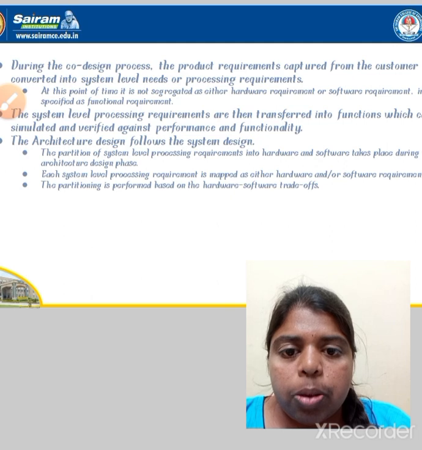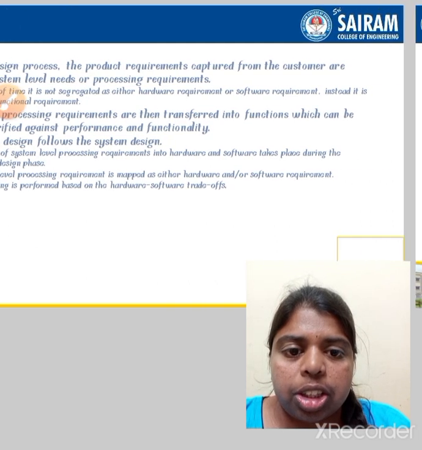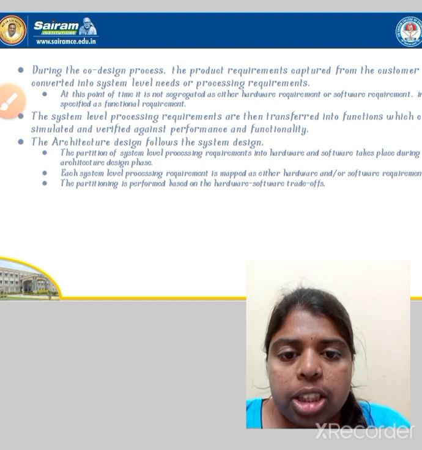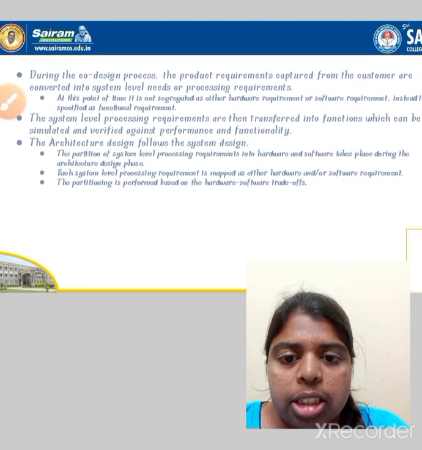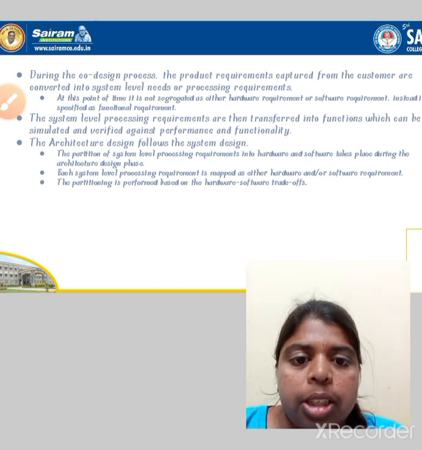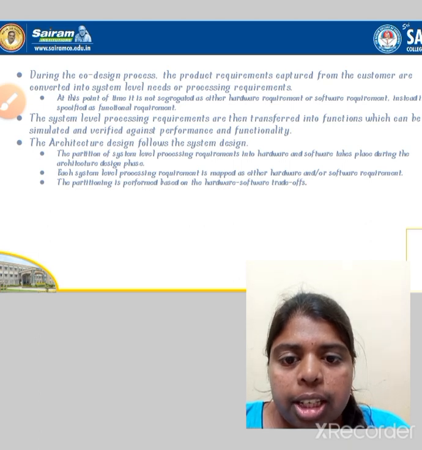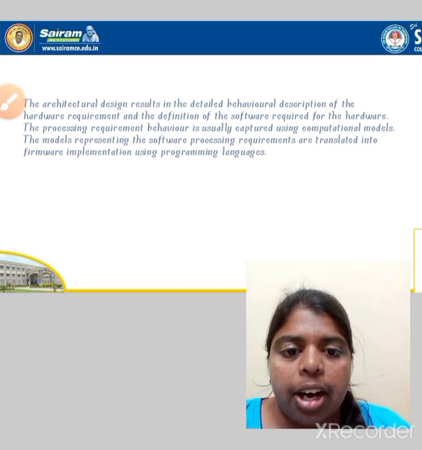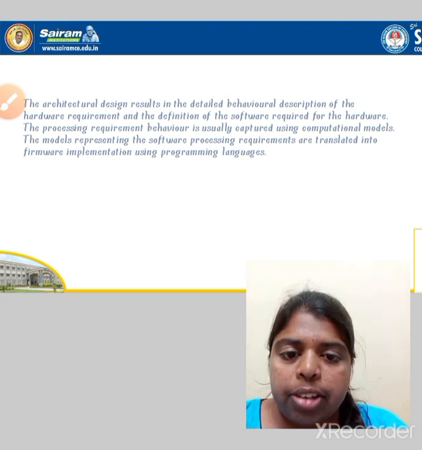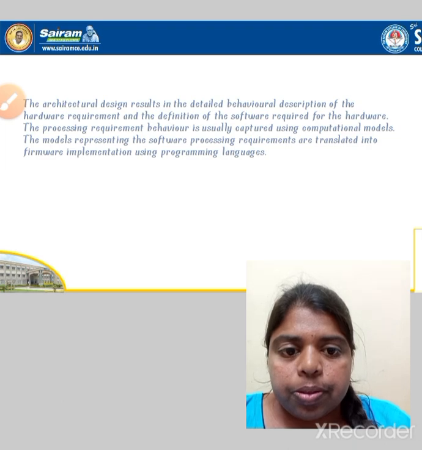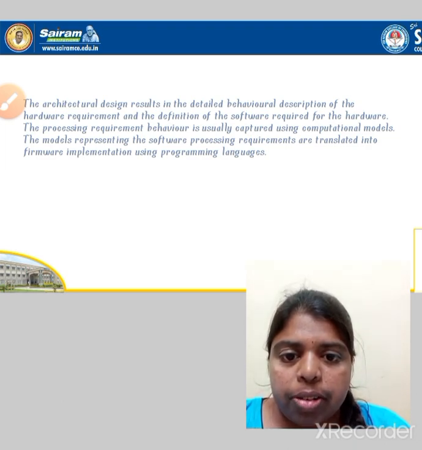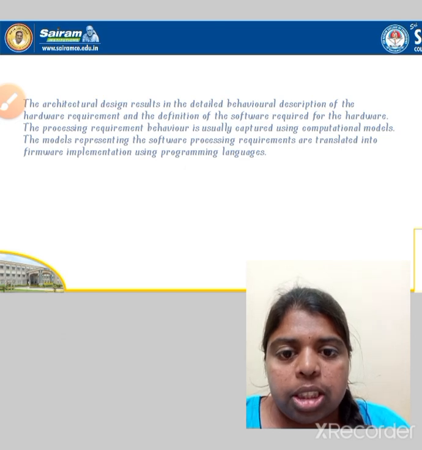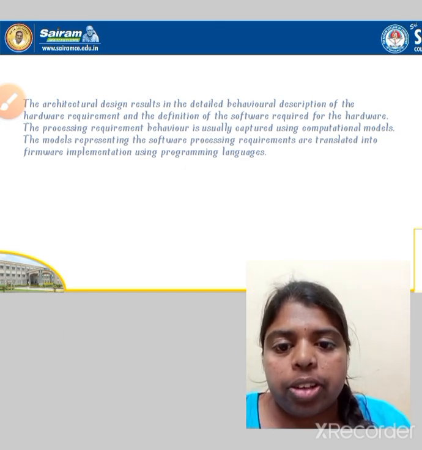The system level processing requirements are then transferred into functions which can be simulated and verified against performance of the functionality. The architecture design follows, and the partitioning of system level process requirement into hardware and software takes place during the architecture design phase. The architectural design results in the detailed behavioral description of the hardware requirement and the definition of the software requirements required for the hardware. The processing requirement behavior is usually captured using computational models. The models representing the software processing requirements are transferred into the firmware implementation using